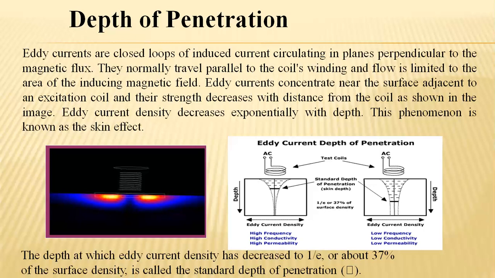At the spot, the depth will be superior where the spot of AC current exists. This is the coil existing over here, and at the spot the eddy current is produced. So eddy current will be produced throughout, and its field length will vary. The diagram clearly shows the eddy current density, the varying field density, at a maximum level, but the depth of penetration progresses only at the AC current induction area.